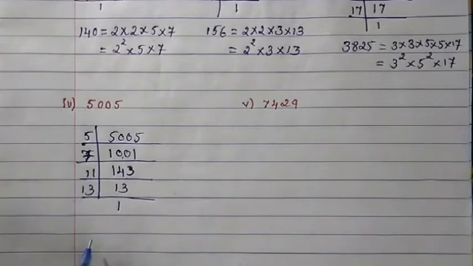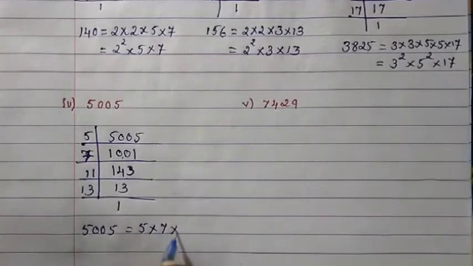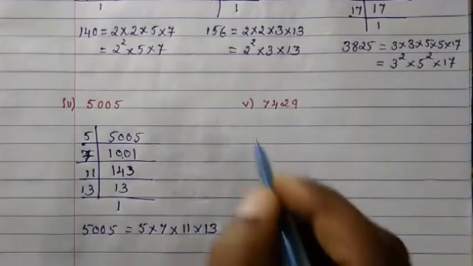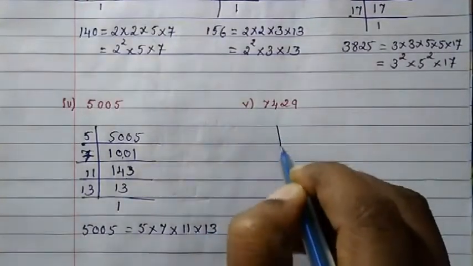So what are the factors? For 5005, the factors we got were 5, 7, 11 and 13. So nothing is repeated, so we write it only this way. Now let's do it for